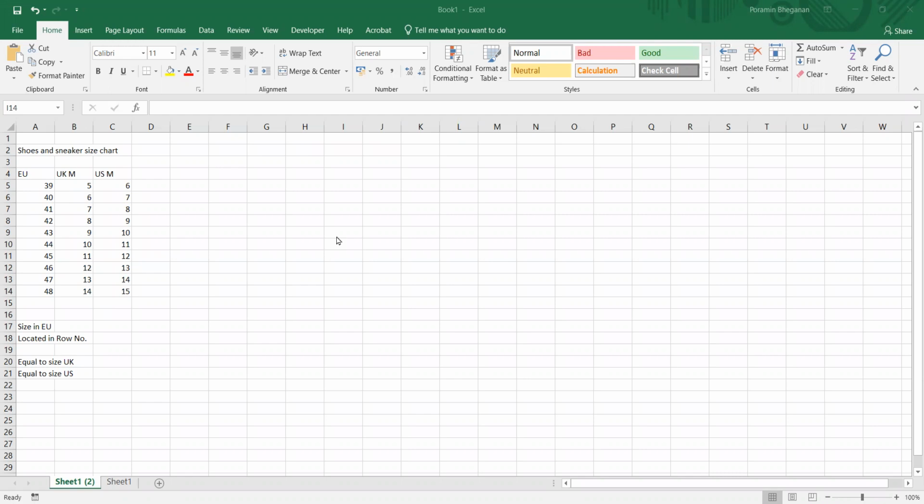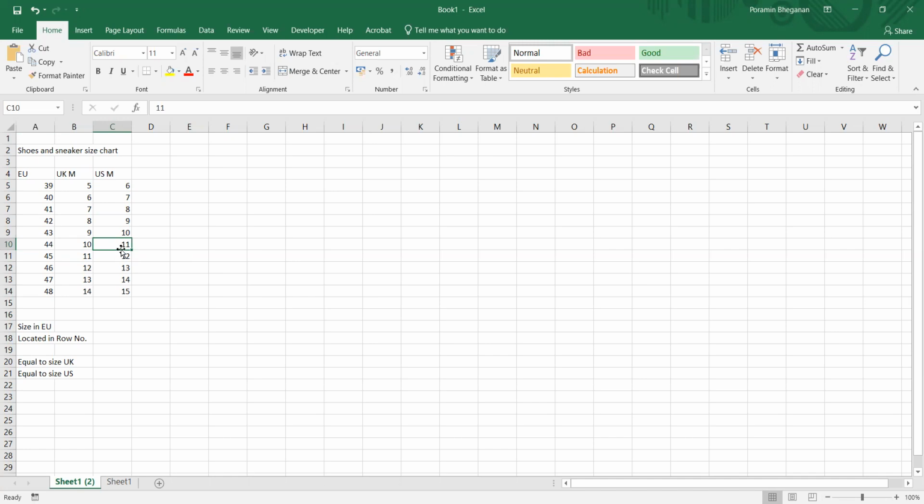So in this case, suppose we would like to find out the data. Let's say your shoe size is 44 EU,